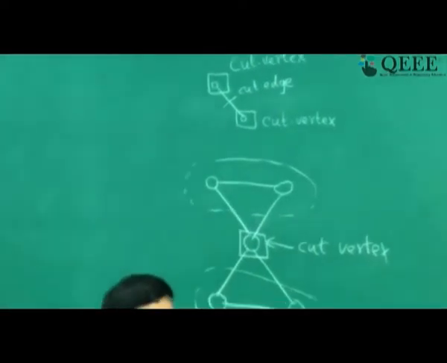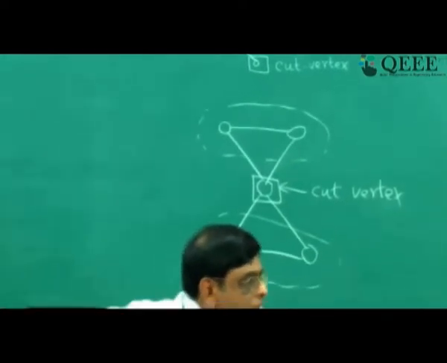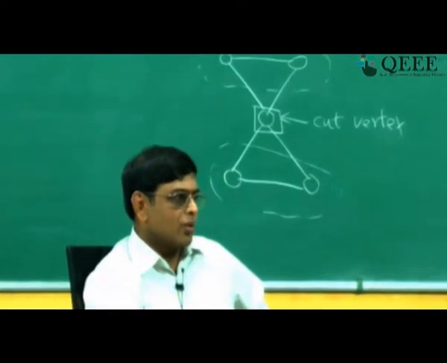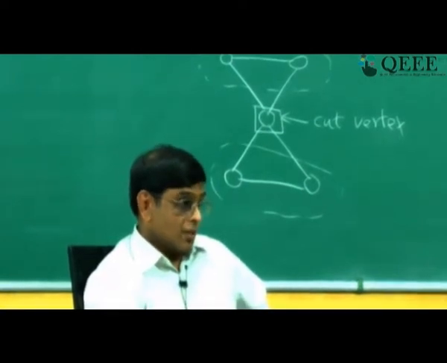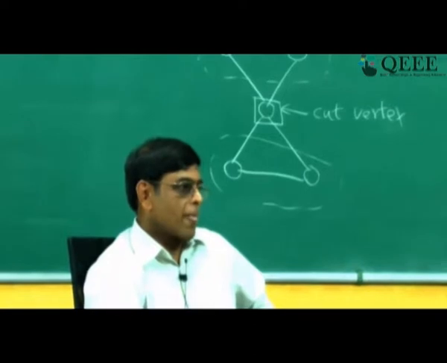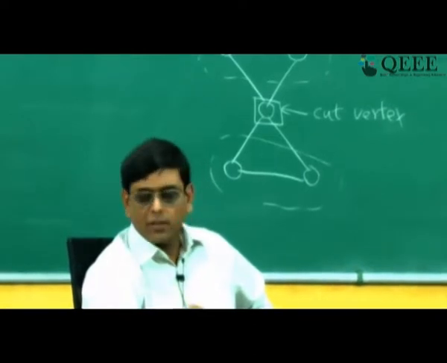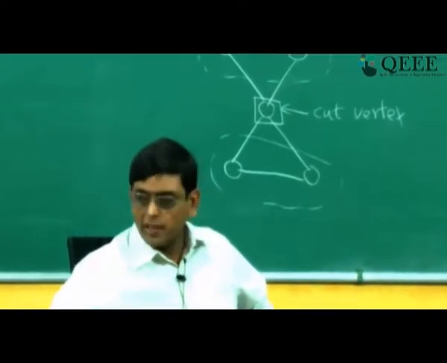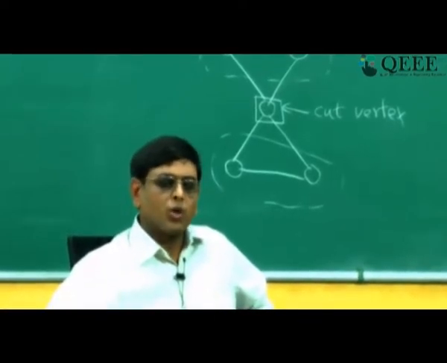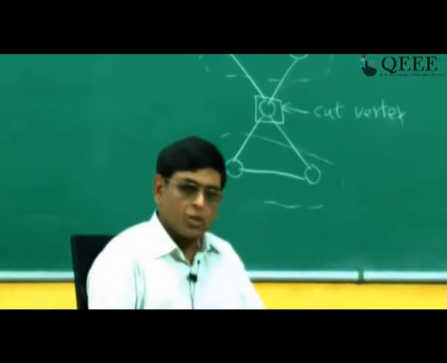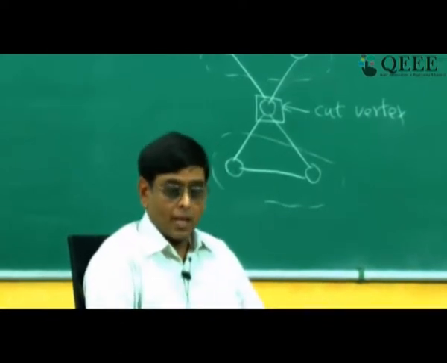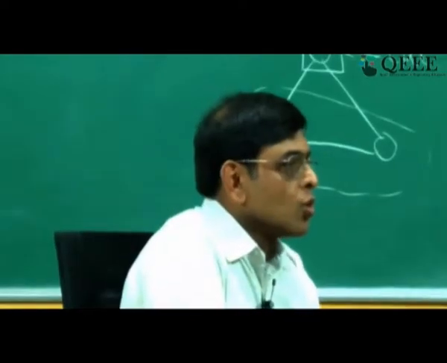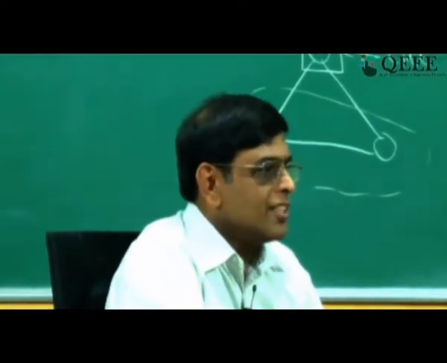If somebody has an answer, you can either come online and give me your solution. So what is your solution? How do you find out the cut vertices in a graph? We figured out that something is a cut edge if you do a DFS of the graph and find out the low values for all the nodes. If the low value is equal to the pre value, then the edge from the parent of that node to that node forms a cut edge. So GEC college, GEC,